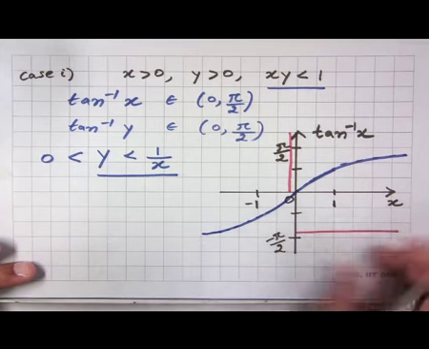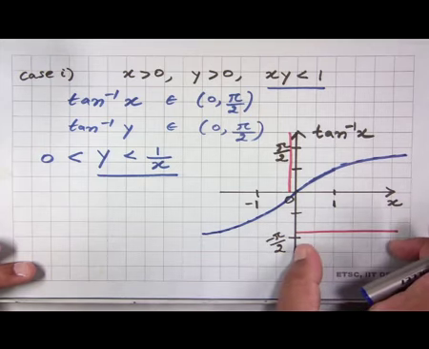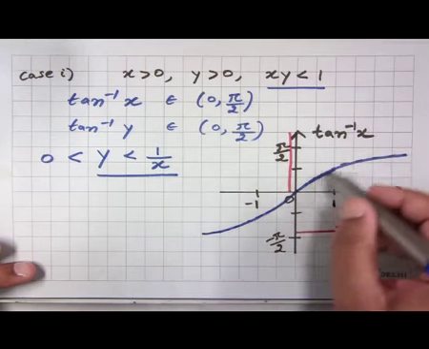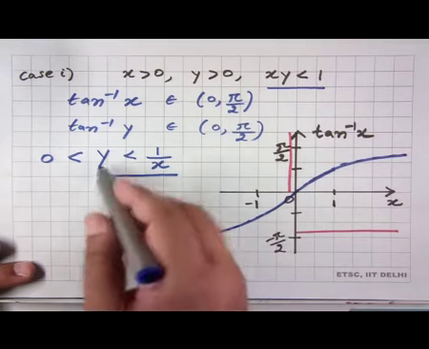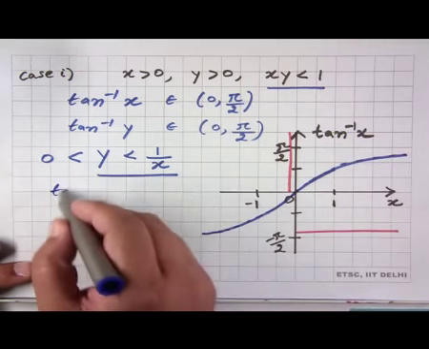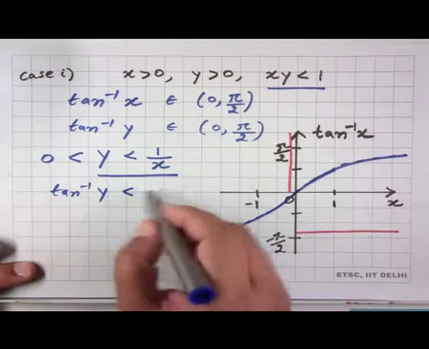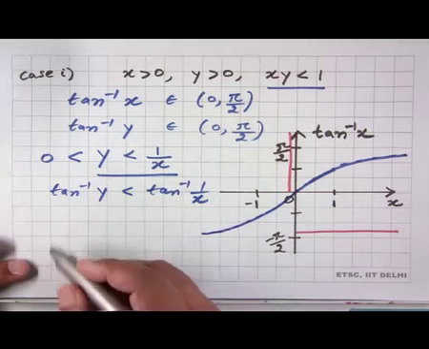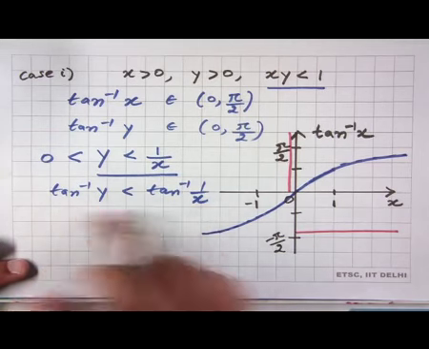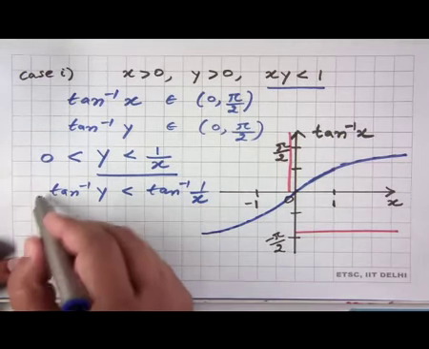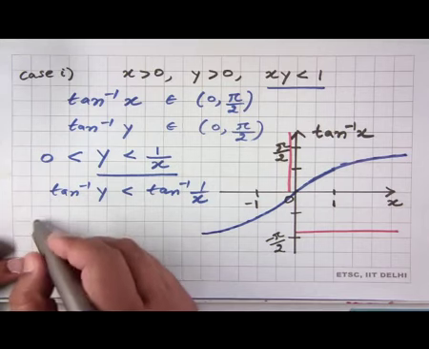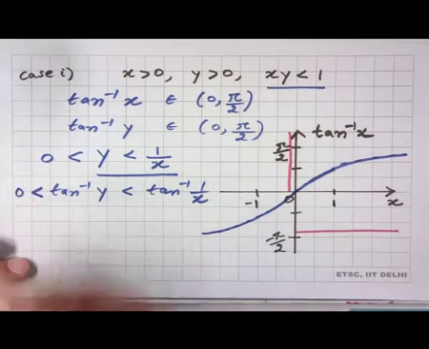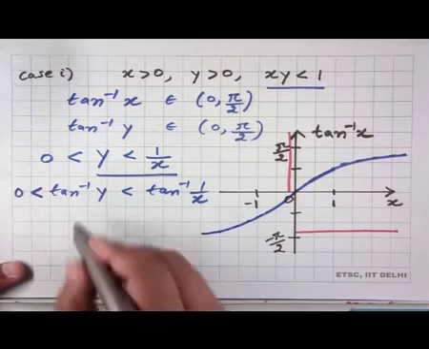Now, you see that on the positive side of the horizontal axis, the graph of tan inverse x is monotonically increasing, and therefore, from here we can say that tan inverse y is less than tan inverse 1 over x. Now, we add tan inverse x on both the sides. Of course, we have a greater than 0 sign over here, and we also know that